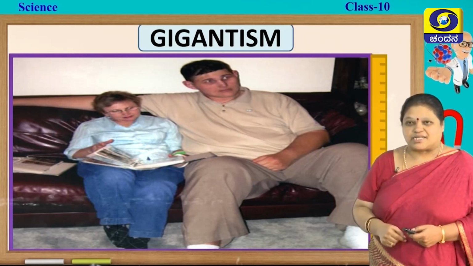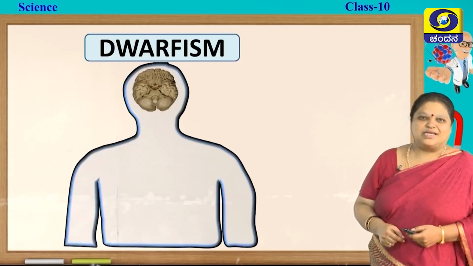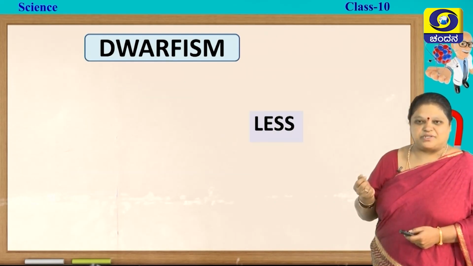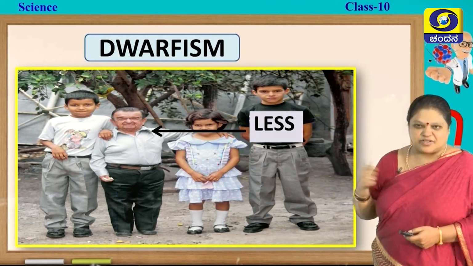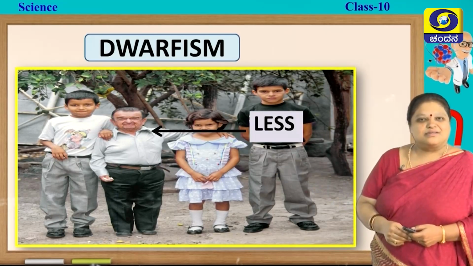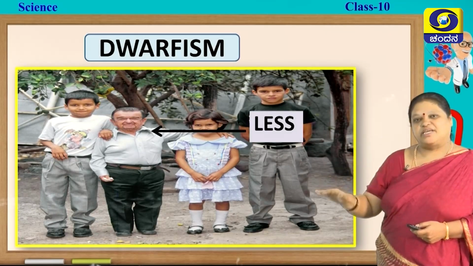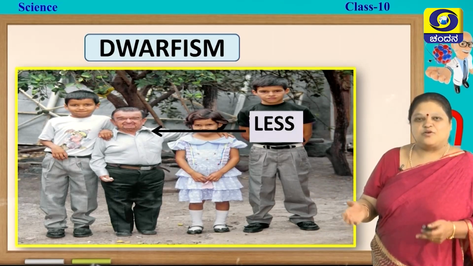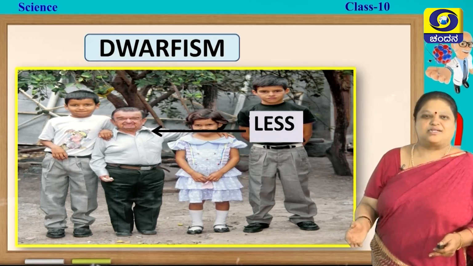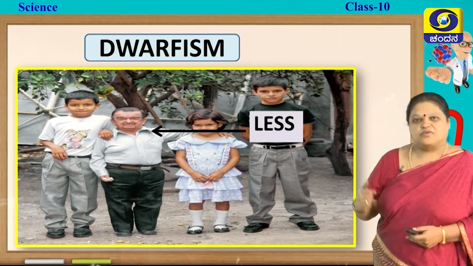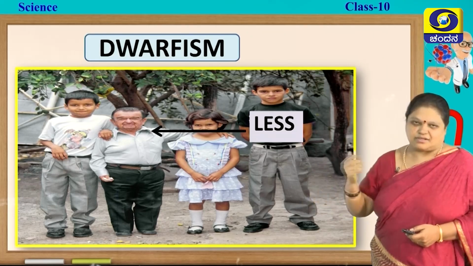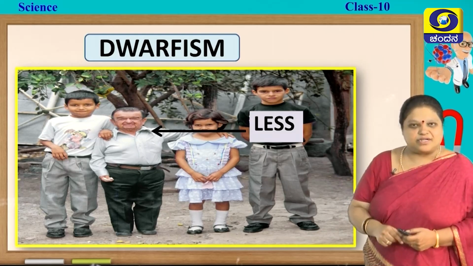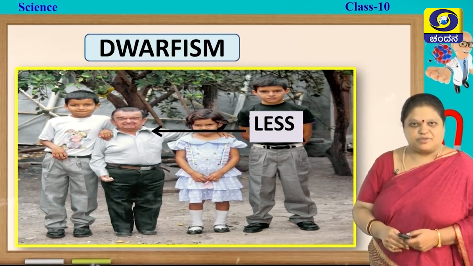If the hormone secretion is less, he will suffer from dwarfism. So, let us see what happens if the hormone secretion is less. You can see the person here, the secretion is less. So, he will be very short. In Kannada you call it kubjate, gigantism you call it daityate. So, before puberty, these are the problems you face. By having appropriate treatment, you can solve all these problems.